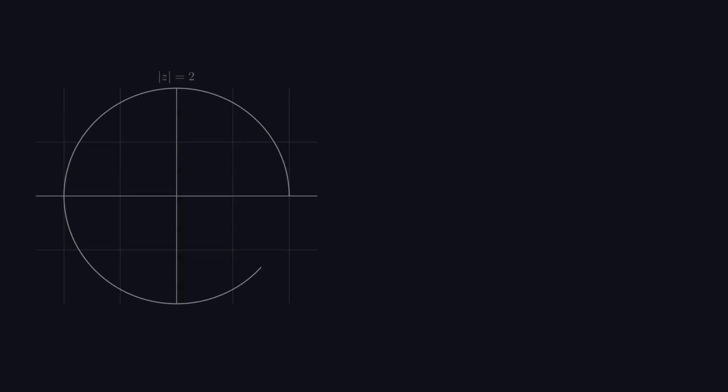Here's the clever test the computer uses. Watch a single point orbit. If the size ever climbs past 2, it's doomed. It can only grow from there off to infinity. But if it stays trapped inside that circle of radius 2, no matter how long you wait, then c belongs to the Mandelbrot set. Do that test for every c, color by how fast the rest escape,